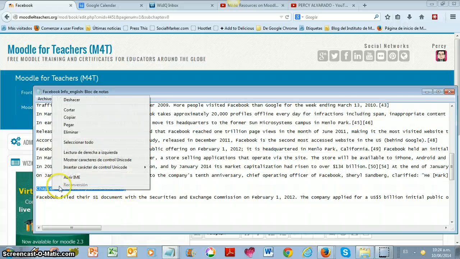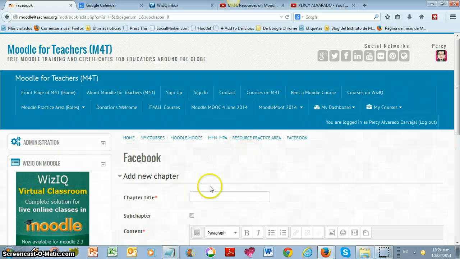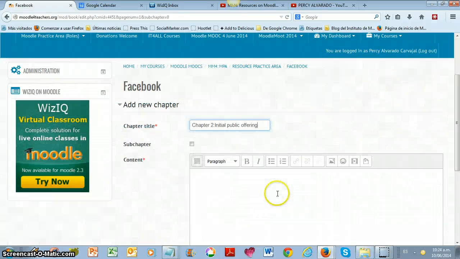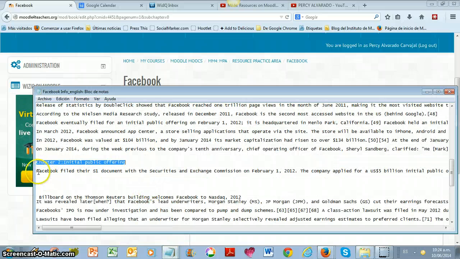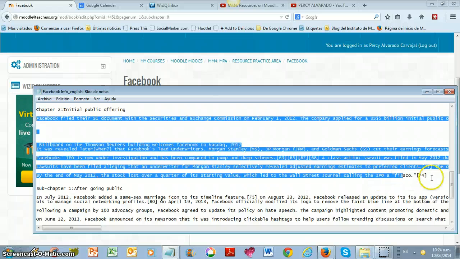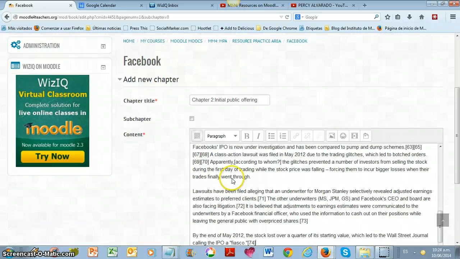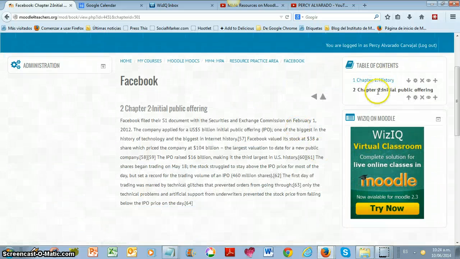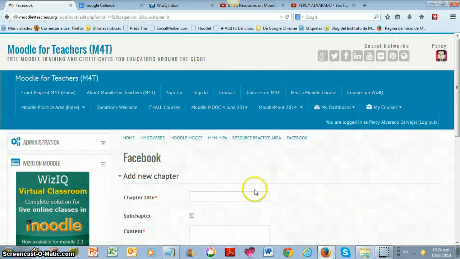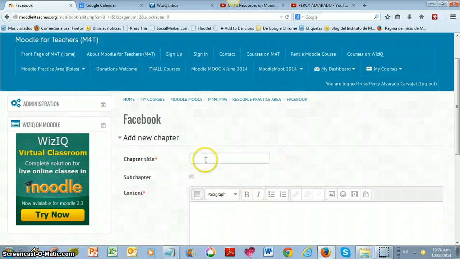I create chapter 2. And then fill the content area with more information. Save changes. Now I have chapter 1 and chapter 2, and I want to add a subchapter. For that, I press one more time the cross button, the cross icon, and then